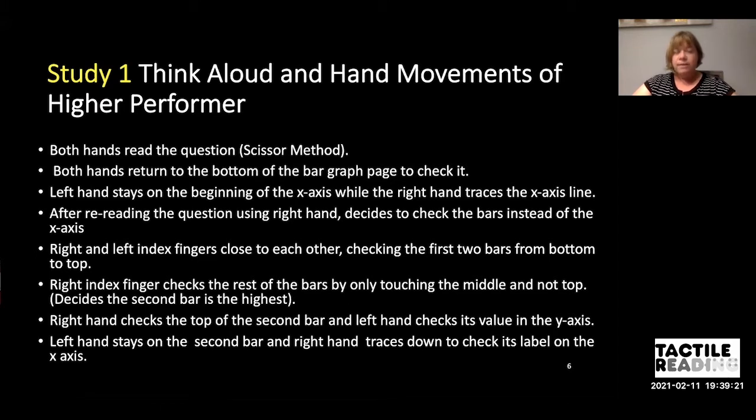x-axis. The right and left index fingers were close together, checking the first two bars from bottom to top. The right index finger checks the rest of the bars by touching the middle. The right hand checks the top of the second bar and the left hand checks its value on the y-axis. And then the left hand stays on the second bar and the right hand traces down to check its label